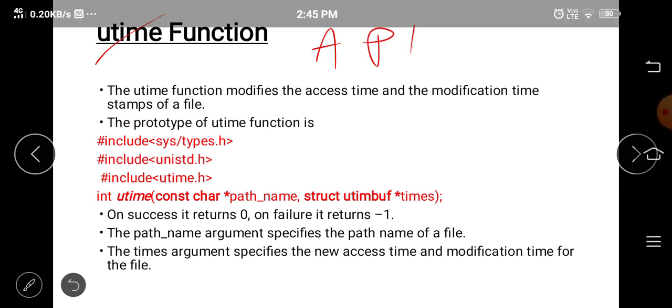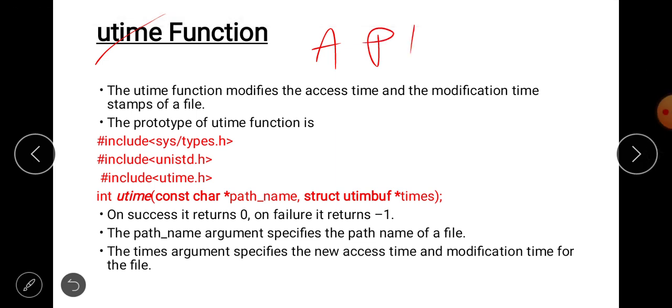Next API is the utime function. What is the use of this utime function? The utime function modifies the access time and modification time stamps of a file.